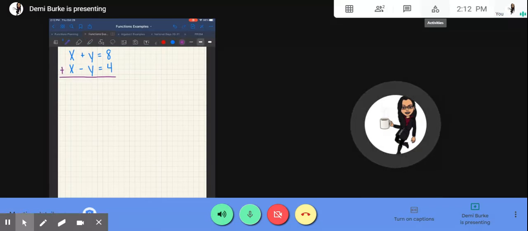X plus an x is a 2x. The y and the negative y will cancel each other out. And 8 plus 4 gives you 12. You can keep solving like normal, divide by 2 so that you can get x by itself. X equals 6. When you get to this point, you now know what x is, but your solution